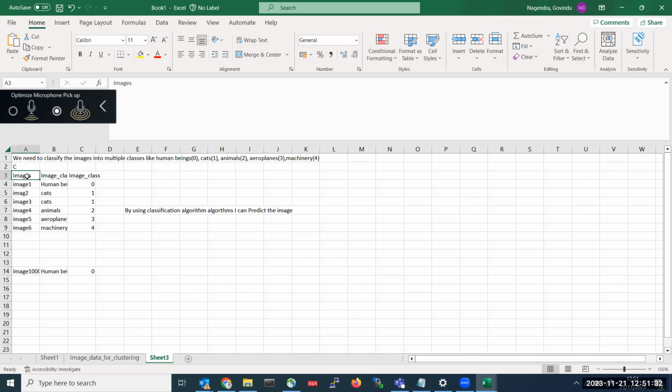So let us suppose the same thing we use for regression. The target feature will change. Here the problem statement is we need to classify the images into multiple classes like human beings, cats, animals, aeroplanes, machinery.